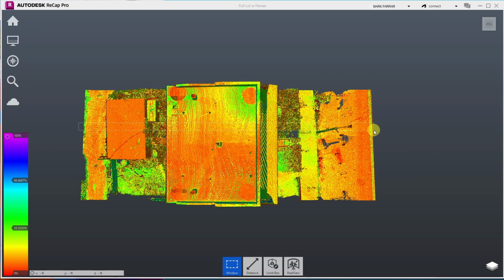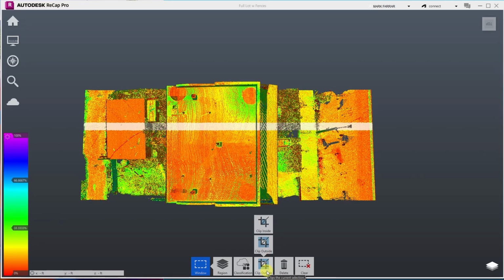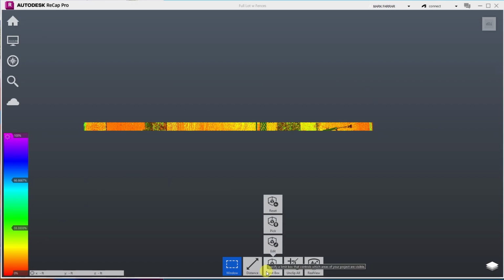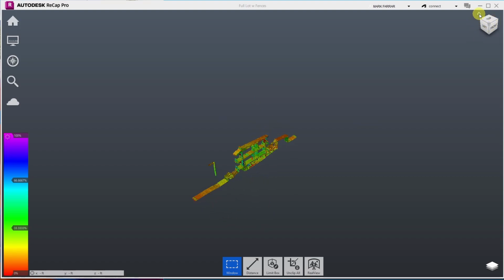So I'll come right out to the edge of that dark portion right here. That's where I'm after. So I'm going to pull it down so I see my light white line about at the edge of that. I'm going to let go. Then I'm going to clip outside to keep the interior. And then when I switch to a top corner view, or you can even go to the home button,